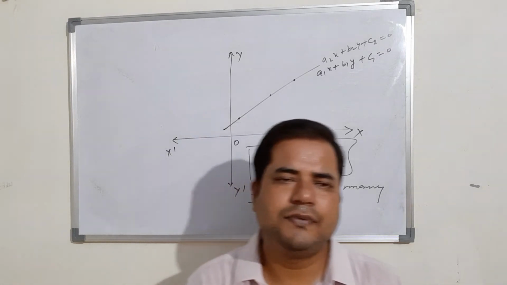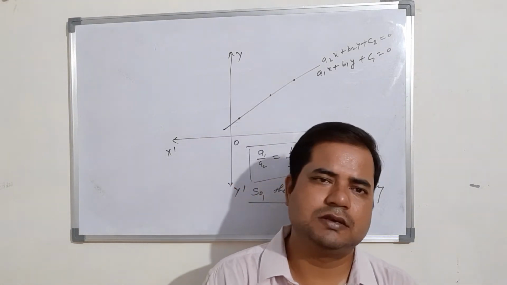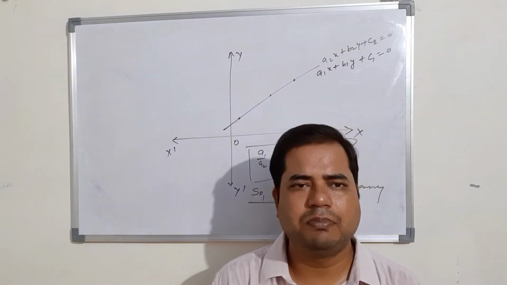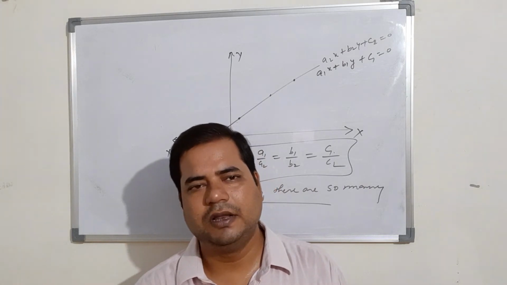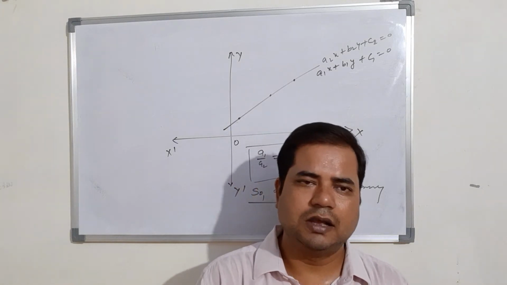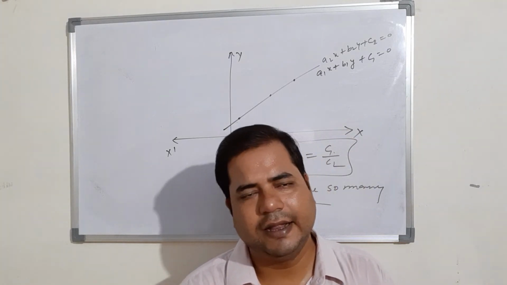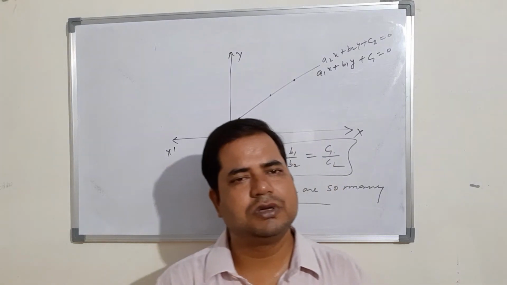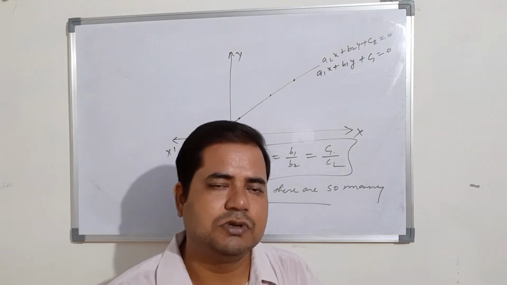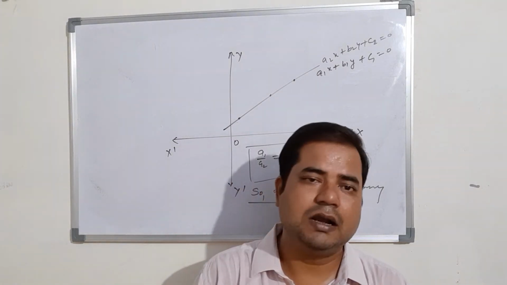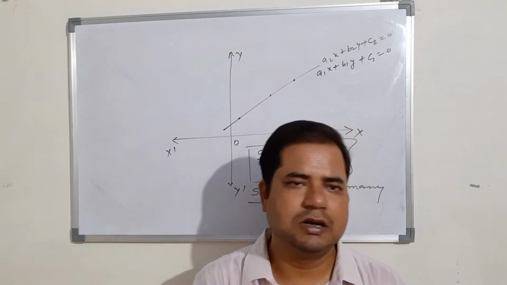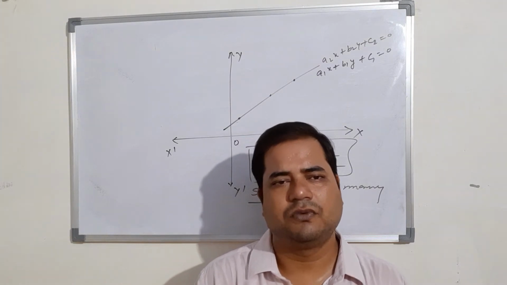So in the graphical method we understand three things. The first one is how to find the solution of pair of linear equation. So simply you have to draw the graph of the pair of linear equations and you see either they are parallel or they are intersecting or they are coinciding. If they are parallel there is no solution. If they are coinciding to each other then there are many solutions, and if there is only one point of intersection, that particular point of intersection is the solution of this pair of linear equation.